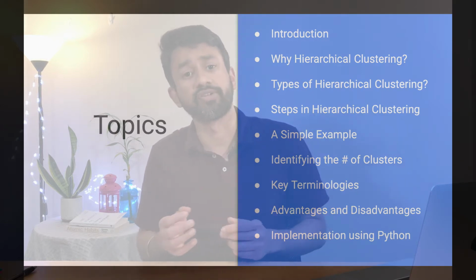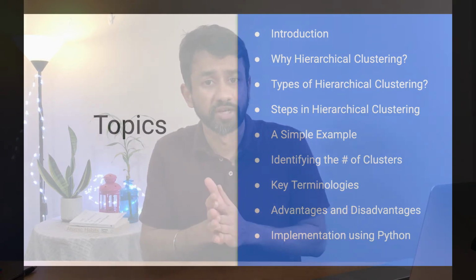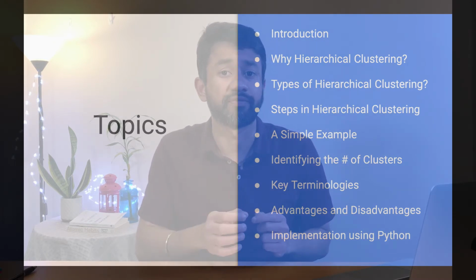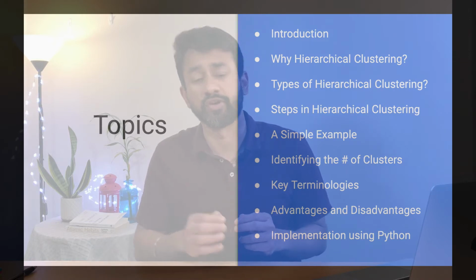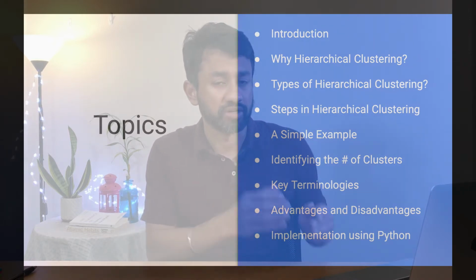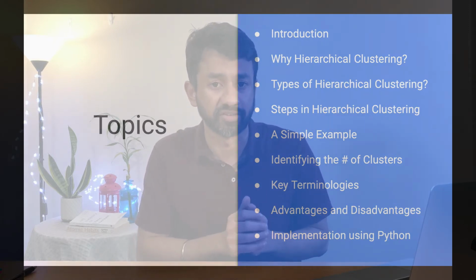As we progress, how does the data transform? How do we identify the different clusters? And we will go through the technique that is used to identify the ideal number of clusters. In the case of the K-means algorithm, we had a method called the elbow method. So in hierarchical clustering, how do we come up with the ideal number of clusters and how does